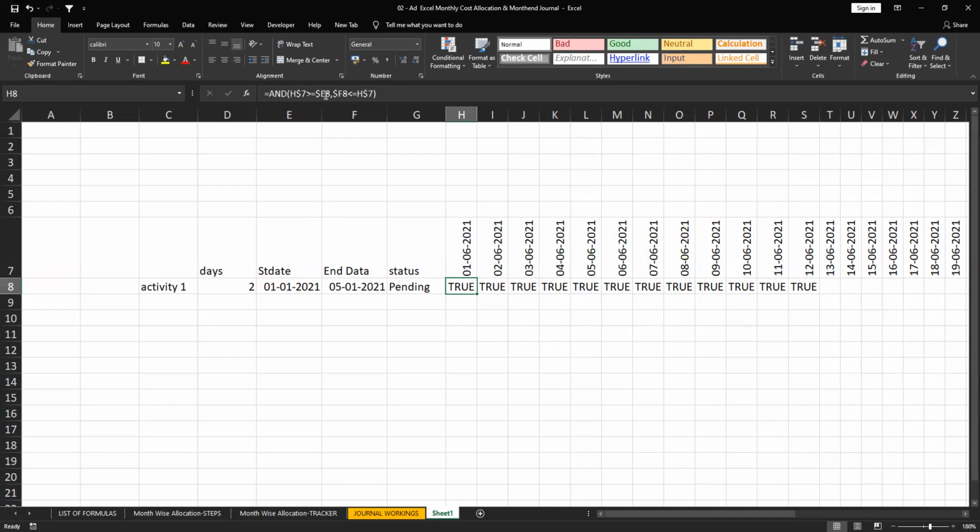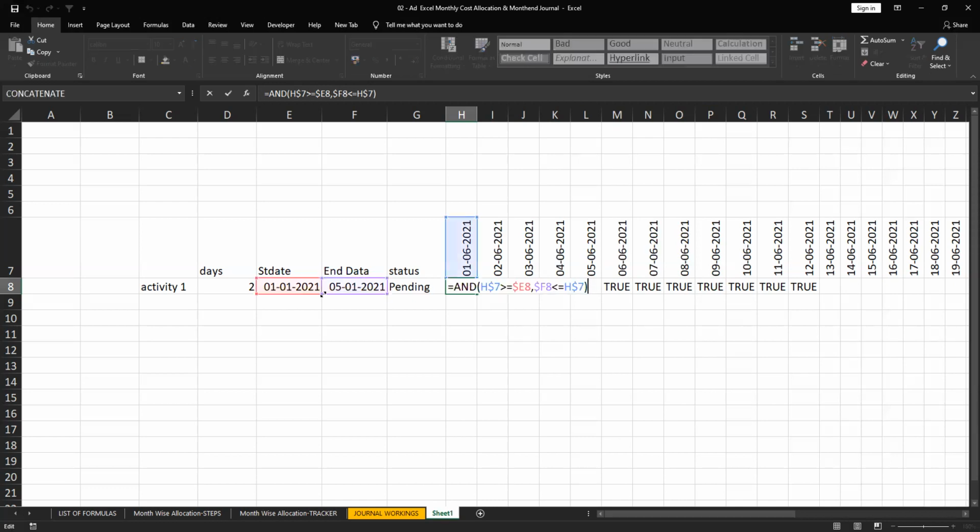So the second logic, I think that's right. So what is the logic? F8 should be lesser than. So this one, yeah, correct. So H7, H7 should be this F8, lesser than or equal to this.